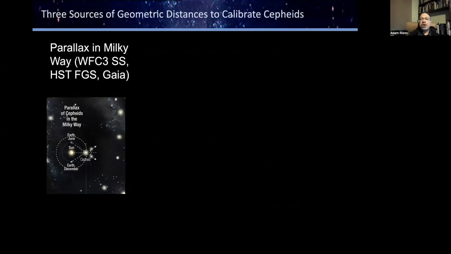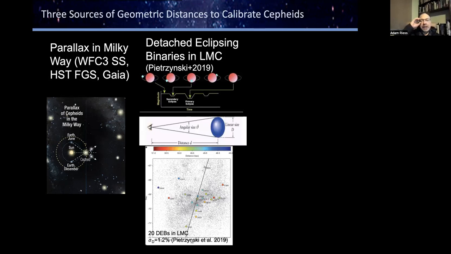Okay, so this is just one way to geometrically calibrate Cepheid variables, measure parallaxes. Another technique that's very powerful is to measure a geometric distance to a nearby host, like the Large Magellanic Cloud, that has many Cepheid variables in it. People can measure the geometric distance to the Large Magellanic Cloud by measuring systems in that cloud called detached eclipsing binaries. These are stars orbiting other stars. And by measuring the timing of the orbit through the eclipse event, one can use Kepler's law and